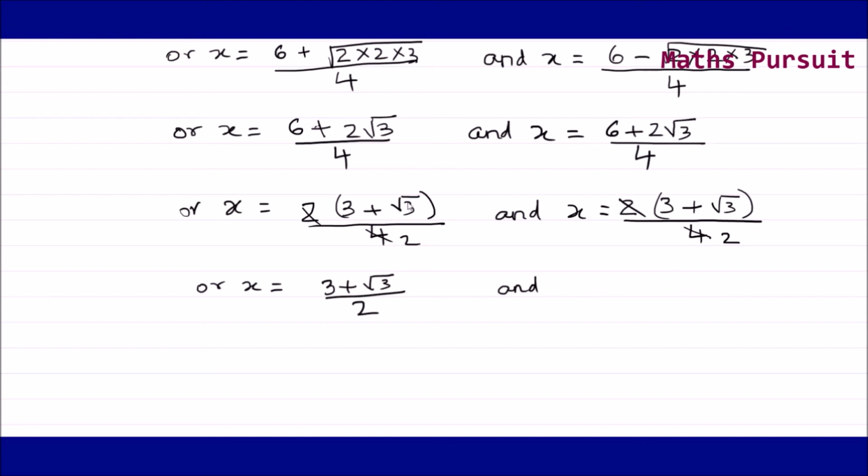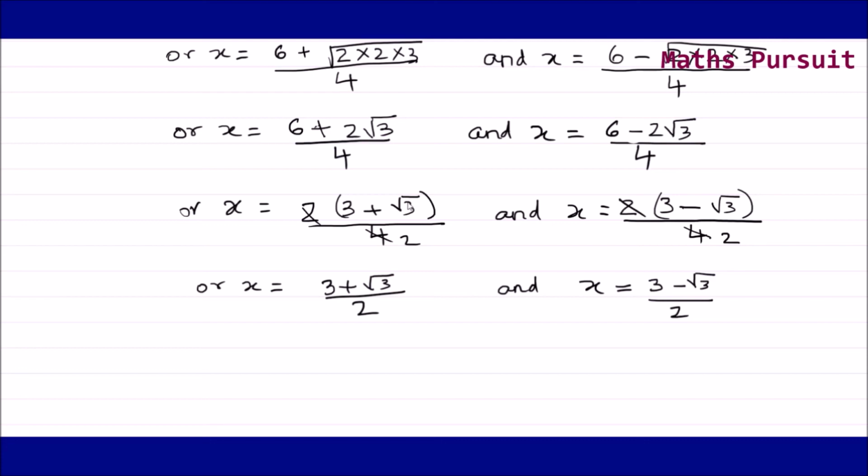Guys, here is a little thing that I could see. I saw that I made a little mistake here. Here actually it should be minus. So I can write 6 minus 2 root 3, and similarly it will become 3 minus root 3. Now after solving this, you can see that one solution we got is x is equal to 3 plus root 3 by 2, and the other one is 3 minus root 3 by 2.